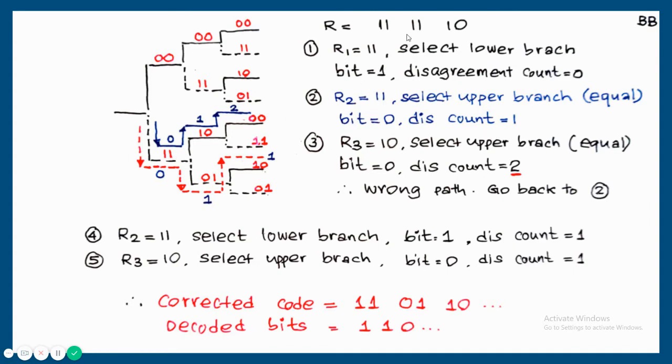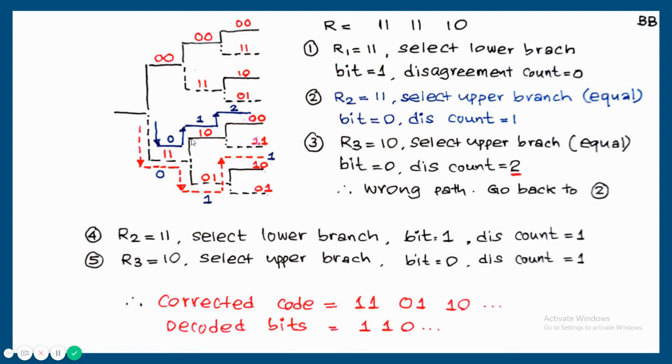Second received set 1, 1. From here, we should make the next decision. The upper branch is 1, 0, the lower branch is 0, 1. Between 1, 1 and 1, 0, there is 1 bit difference, so the metric is equal to 1. Between 1, 1 and 0, 1, again 1 bit difference, so the metric is equal to 1. This is that equally likely case. According to our algorithm, we select the upper branch. So I am selecting this branch.